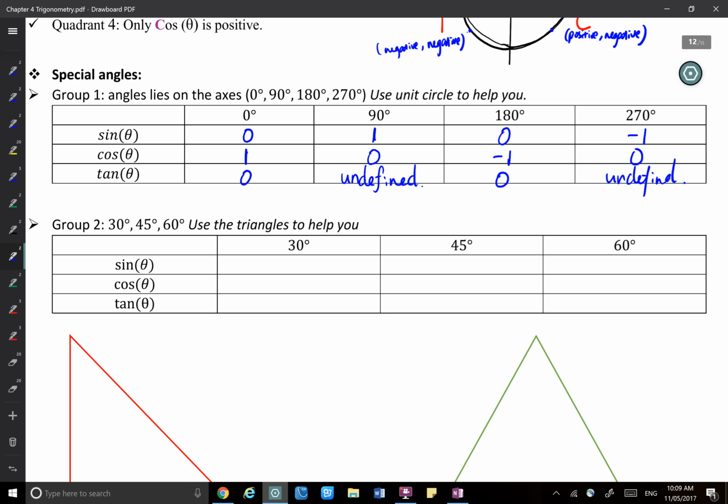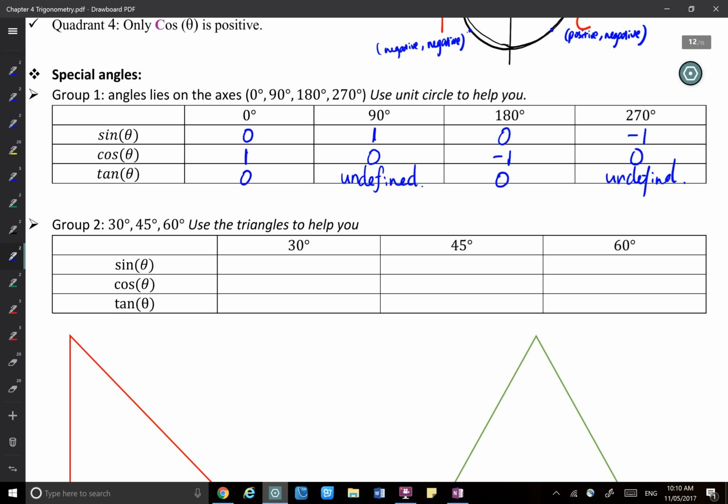Okay, how about -90 degrees? What do you think about -90 degrees? Okay, -90 will be the same as 270. They have the same position. Okay, if two angles have the same position on the Cartesian plane, all the sine, cosine, and tangent values will